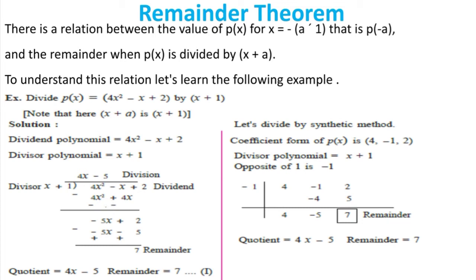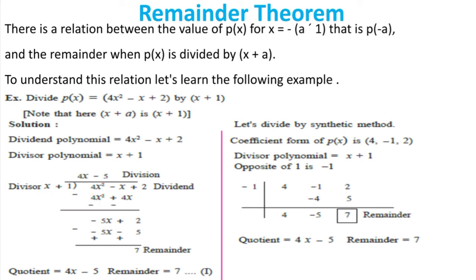Signs are changed, minus minus plus. 4x square minus 4x square cancel. Minus x minus 4x, both are minus, that's why we can add: 4x plus 1x is 5x, and the similar sign is minus. Plus 2. Here the sign is minus, that's why here the sign is also minus. We can divide minus 5x upon x. This x and this x cancel, remaining is 5. Therefore the division is here 5.